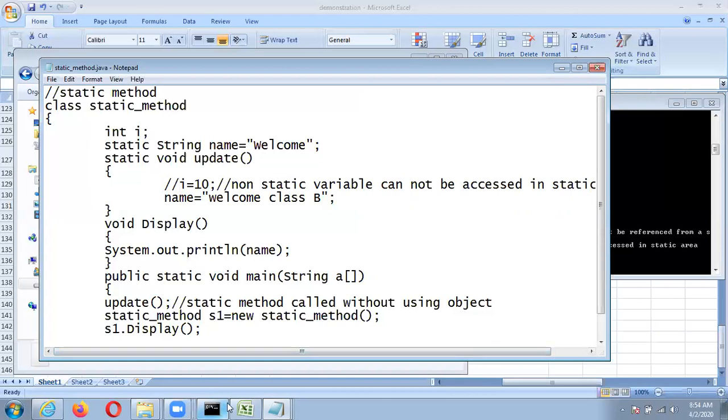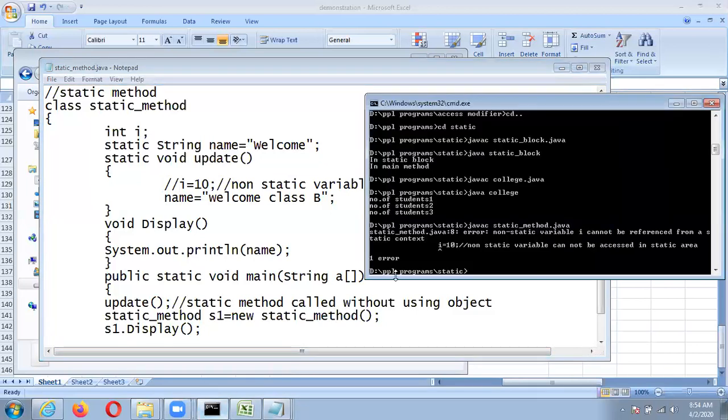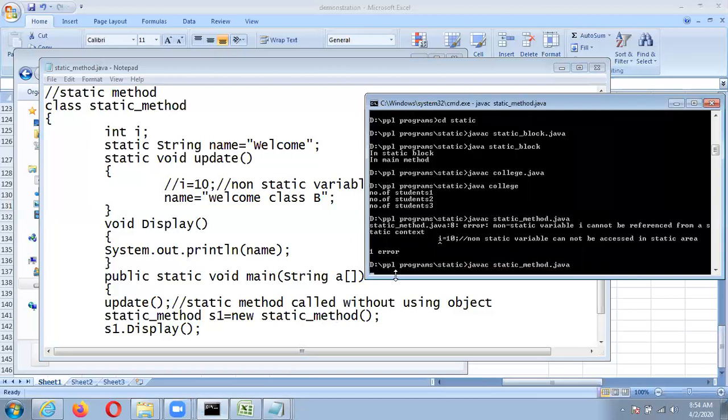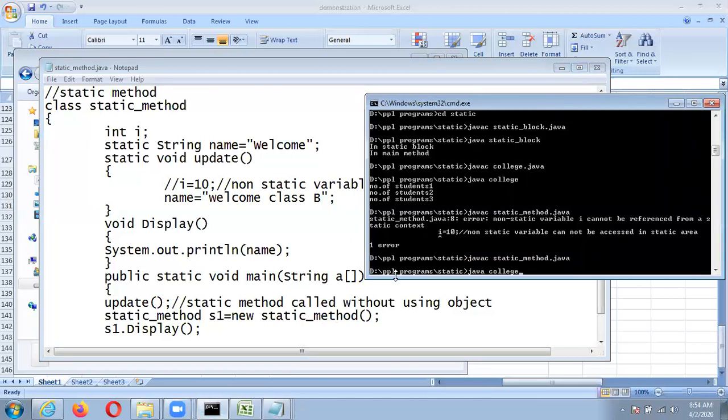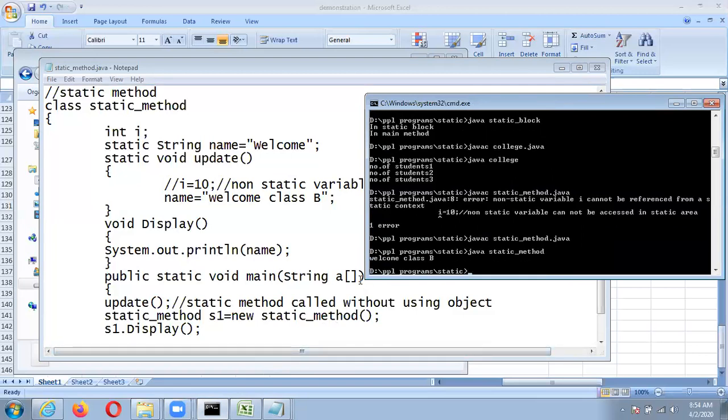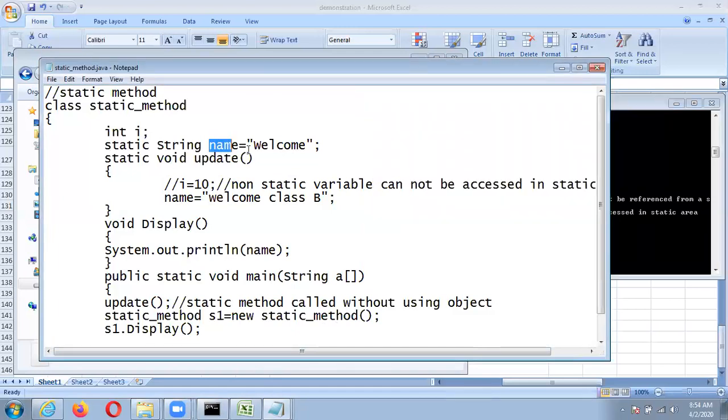Okay, so we'll see again. It prints welcome class B: the string name is initialized to welcome, and here it is modified to class B.